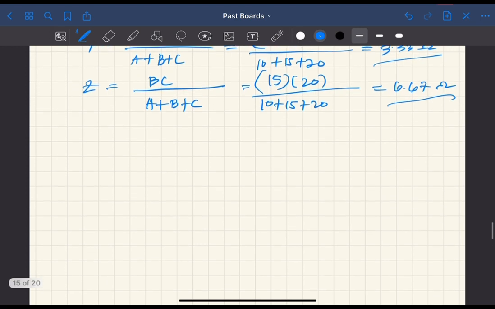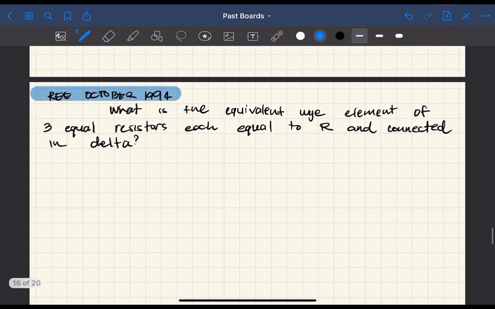Now for the next problem, this is from REE October 1994. What is the equivalent Y element of 3 equal resistors, each equal to R and connected in delta? So this is delta to Y. What is the equivalent Y element? So this is a delta to Y. So from the formula that we derived moments ago,